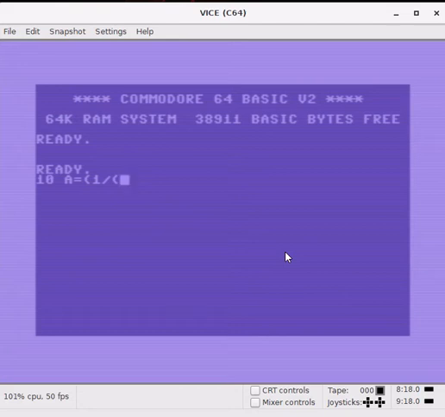So a equals 1 divided by 2 to the power of 1, and then print a. See what happens here. It's 0.5. Now, I didn't know that, but okay, a is 0.5. 1 divided by 2 to the power of 1 is 0.5.